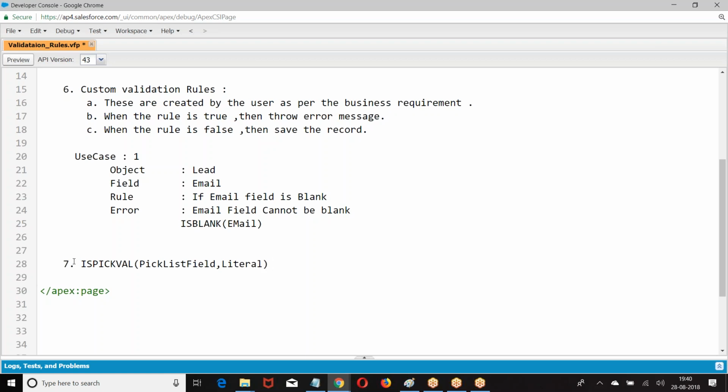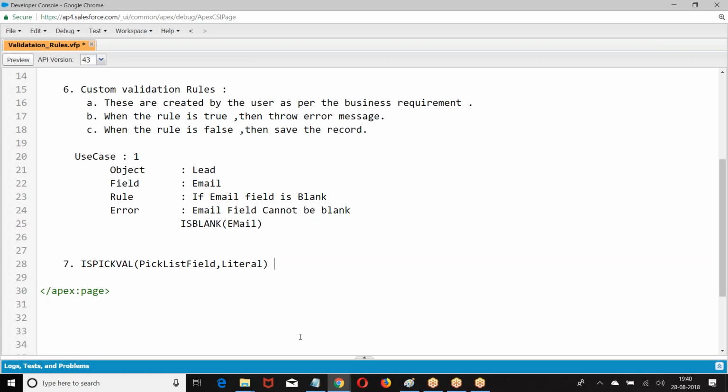Formulas and validation use the same functions. That's the reason some of the functions we are covering from validation. Whatever functions we learned in the formulas, the same functions will be available in the validation also. Whatever functions we learn in validation, the same will be available in formula.